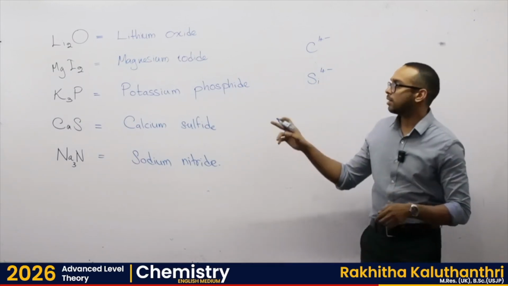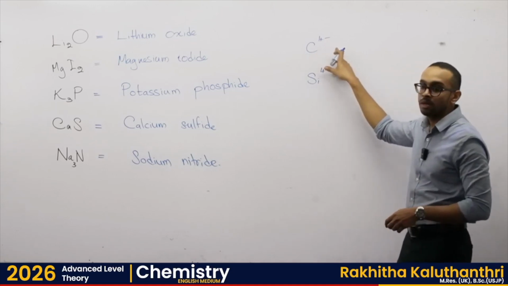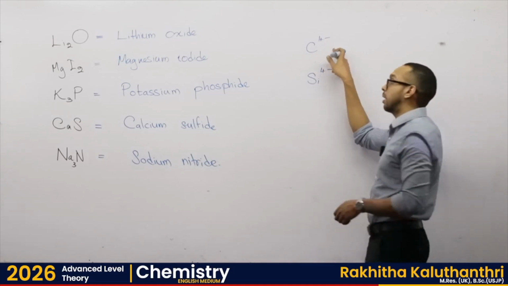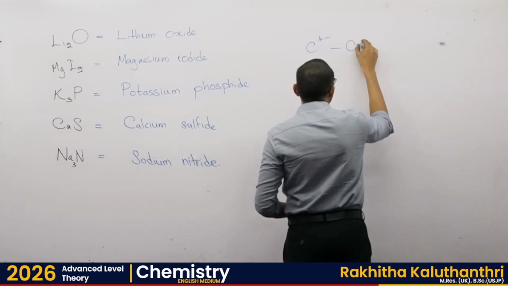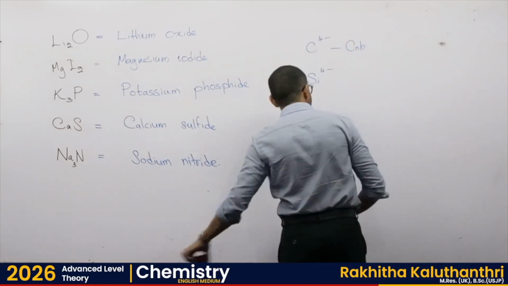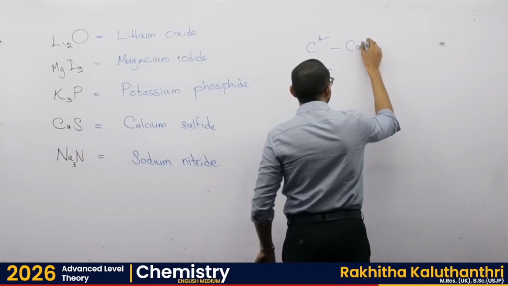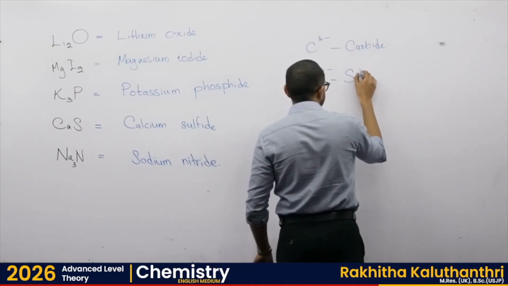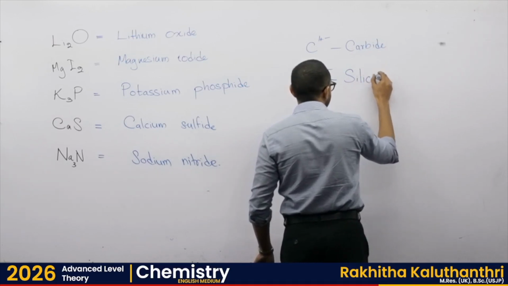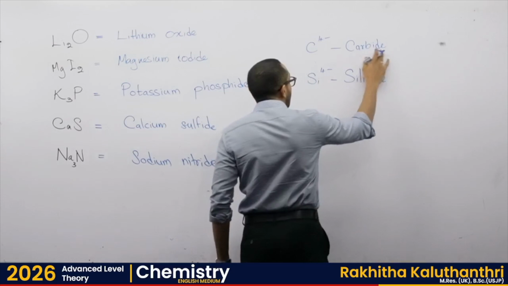So if by any chance it forms a 4 minus ion in certain compounds, it's called carbide. Carbon ends with IDE, carbide. This is called silicide. Silicon ending with IDE becomes silicide. So carbide